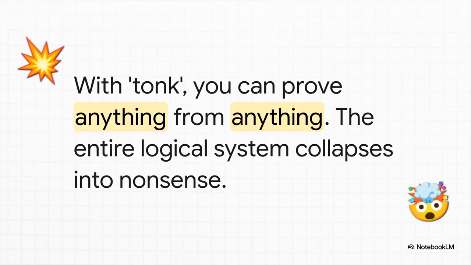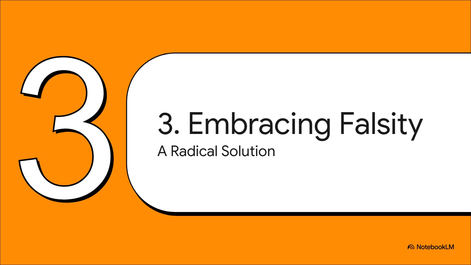Using these two innocent-looking rules, you could start with something you know is true, like the sun is hot. Then you use Rule 1 to say the sun is hot, Tonk pigs can fly. And then you use Rule 2 to conclude, pigs can fly. You can prove literally anything from anything. And just like that, the entire system of logic completely implodes into nonsense. This is what happens when you don't have harmony, and it's the very problem not was creating. Okay, so how on earth do we fix this mess?